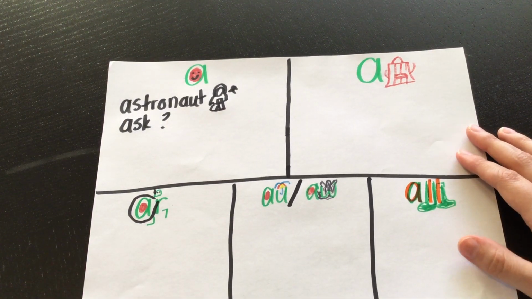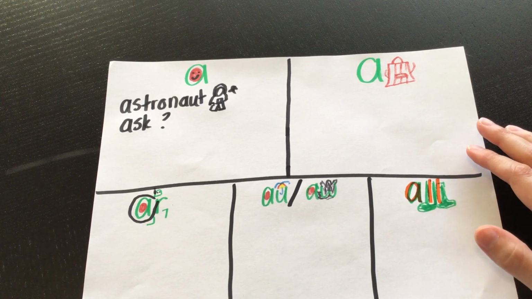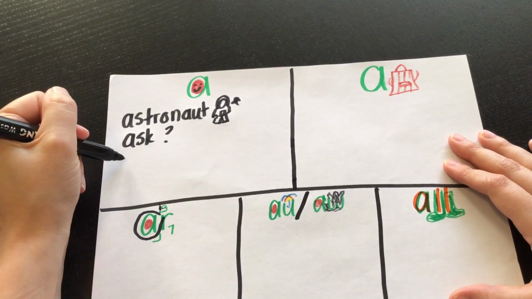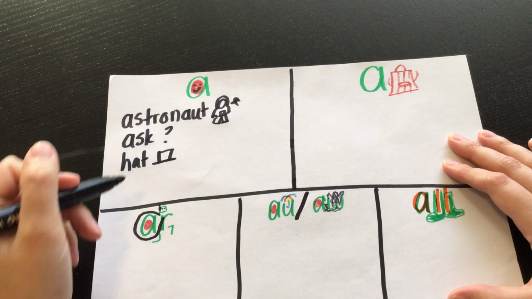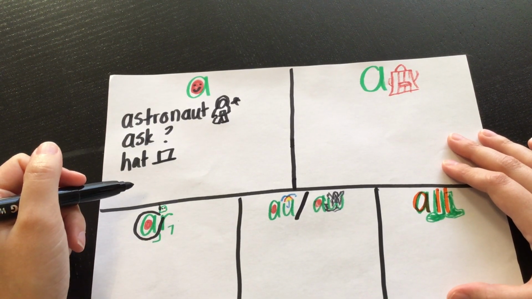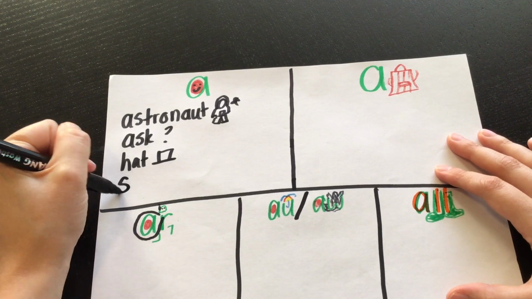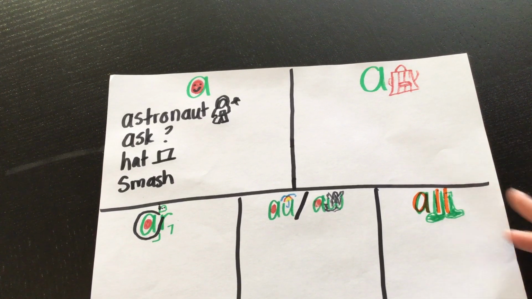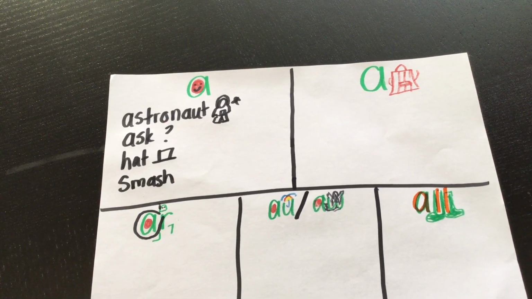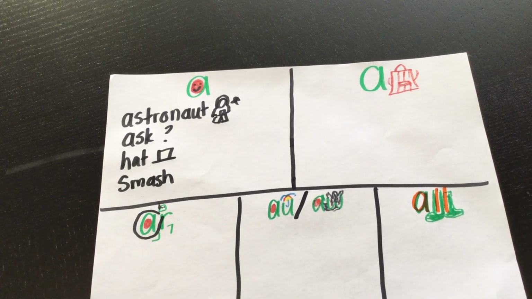We also know that that ah sound can come in the middle of words, right? In words like hat or smash. I don't know how to draw that. We don't typically hear that ah sound at the end of words. It happens occasionally, but